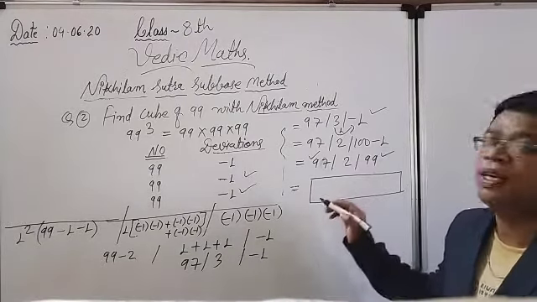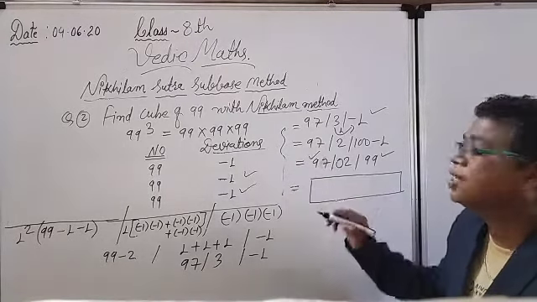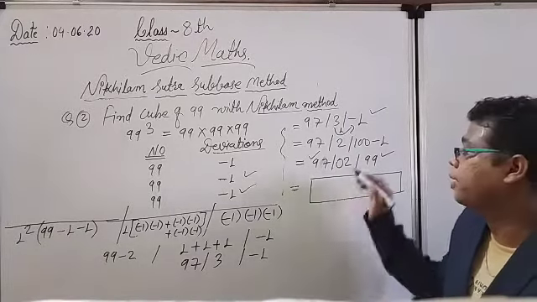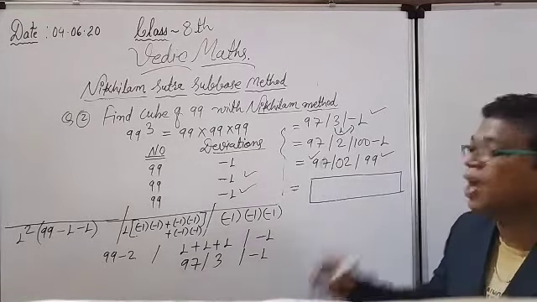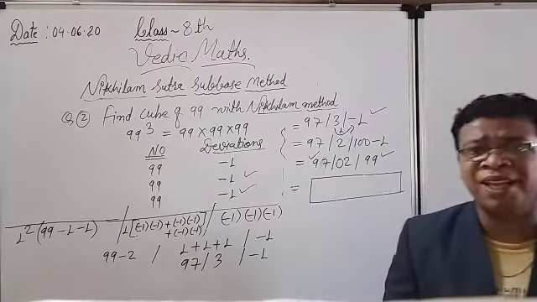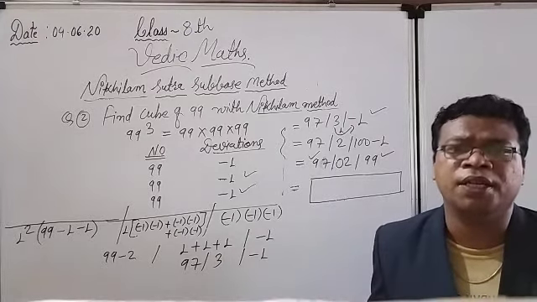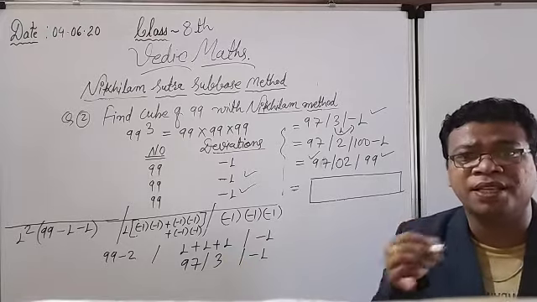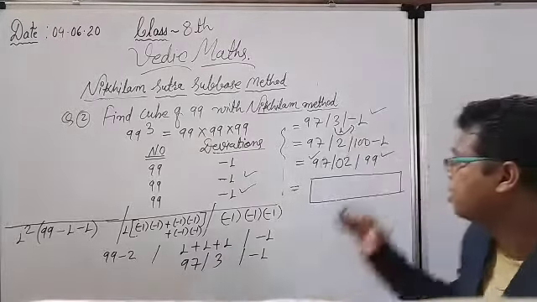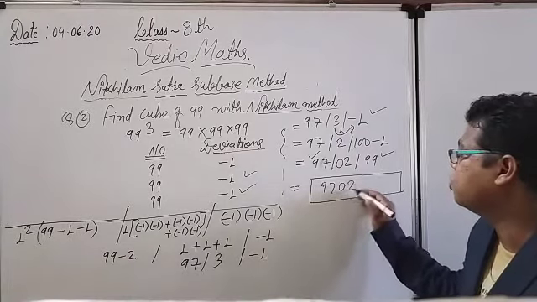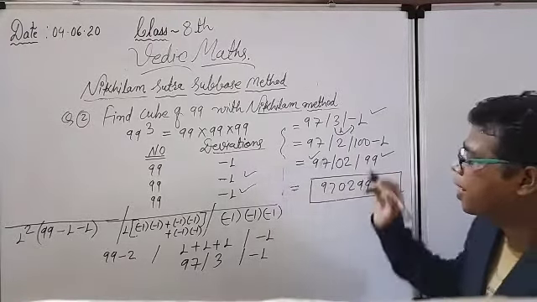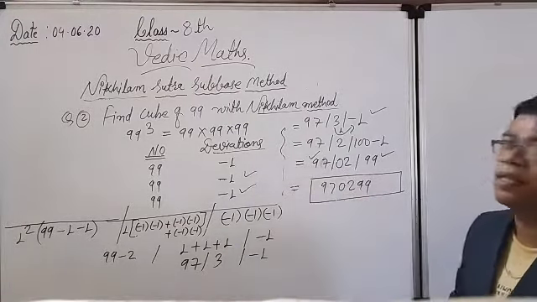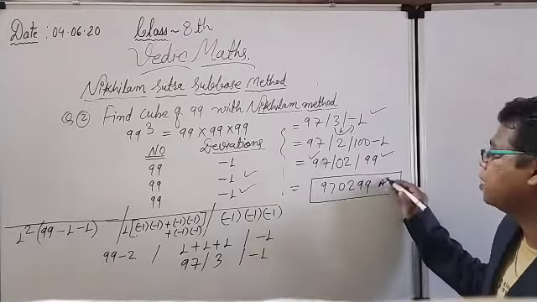So if there is any single digit, what do we have to do? We have to put a 0 before it. Actually 2 can be written 02 also. So we have to make that according to the requirement. If in any section there is only 1 digit and we want 2 digits from every section, in that particular case we can put a 0 before that particular digit. So right now my answer will be 97, 02 and 99. Sometimes the students make mistakes here and they never add 0 here, and in that particular case your answer will be wrong. So that is the final answer.